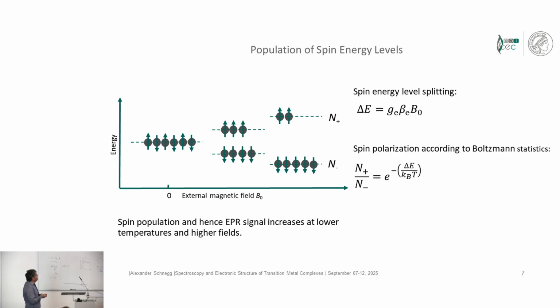The spin population of the levels, n plus divided by n minus, can be described by Boltzmann statistics, and this